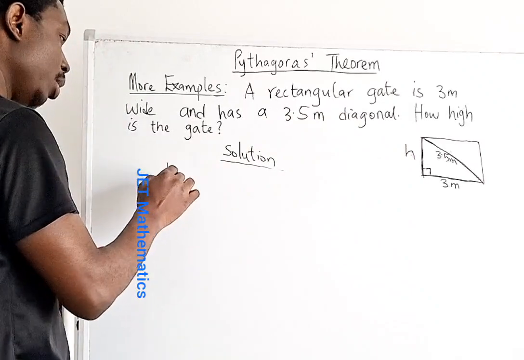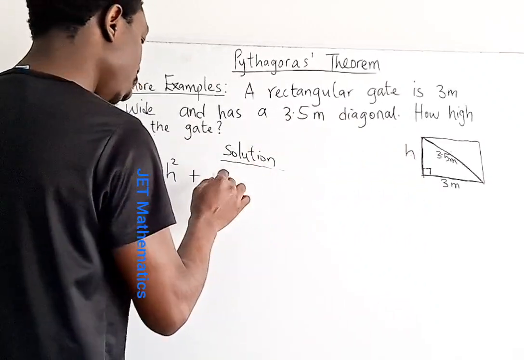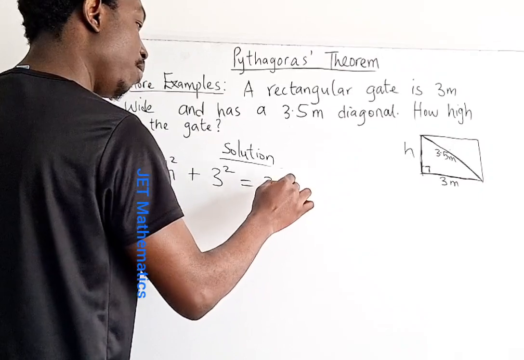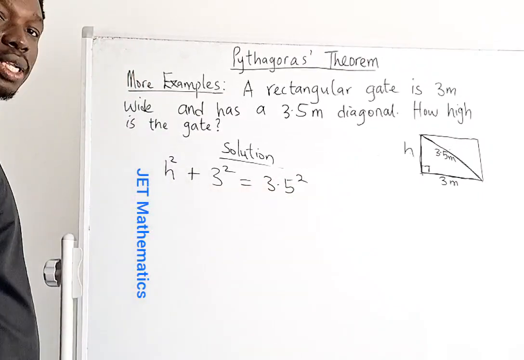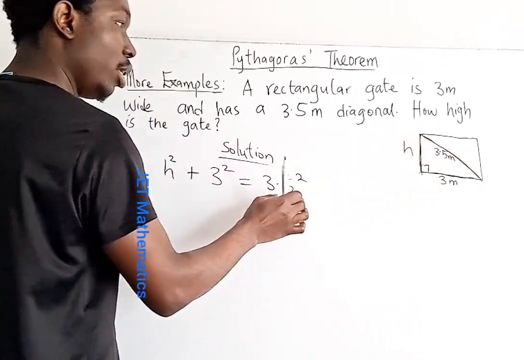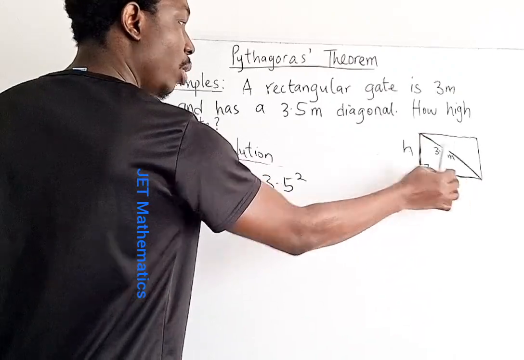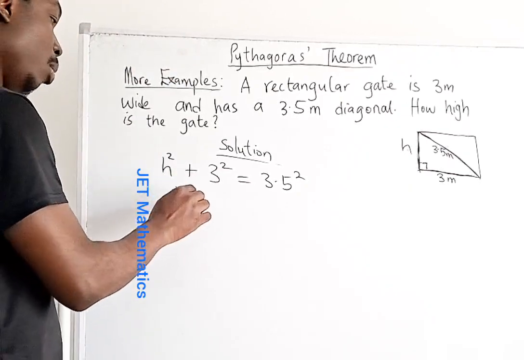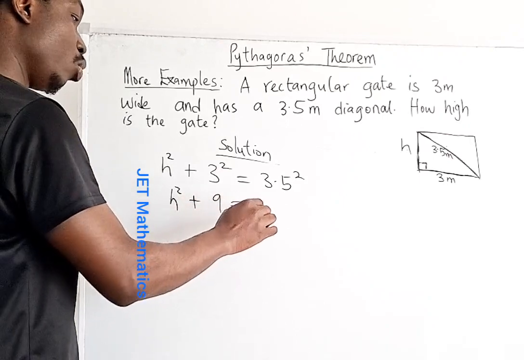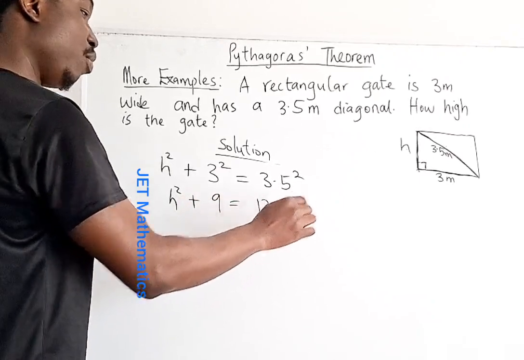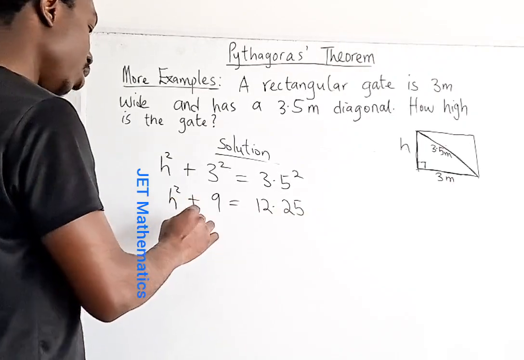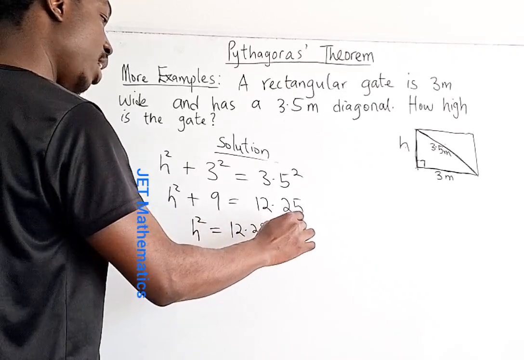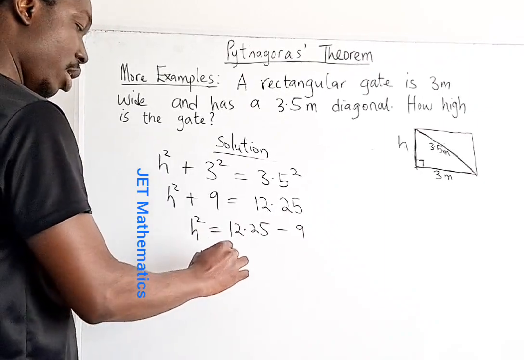that h squared plus 3 squared is equals to 3.5 squared. From Pythagoras theorem, remember the hypotenuse squared is equal to the sum of this squared plus this squared, right? Then that gives us h squared plus 9 equals to 12.25. Then this gives us h squared is equals to 12.25 minus 9, and that gives us h squared is equals to